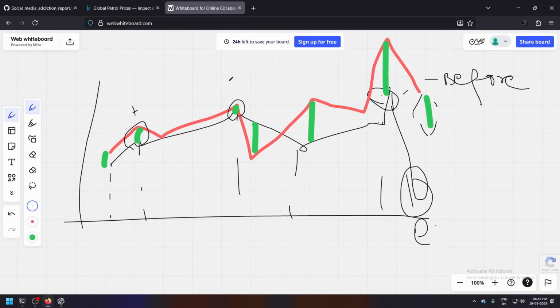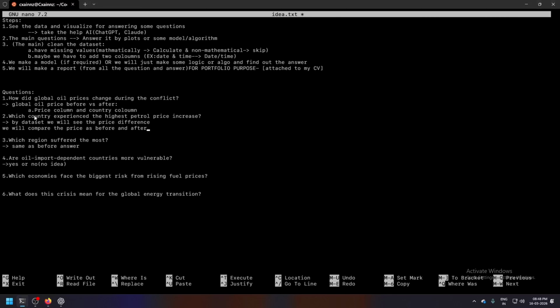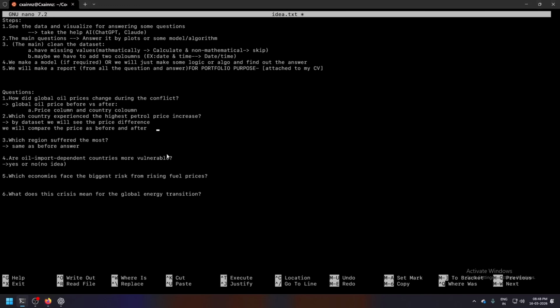This country has the same value, so it's equal. This country may have a negative value, like before it would have been 90 bucks, now it would be 60 bucks. This country previously had some 100 value, so it would be around 200, and this country has 100, so it would be 300. Like a triple plus, double plus. So which country experienced the highest petrol price? This country. So we have to make all this.